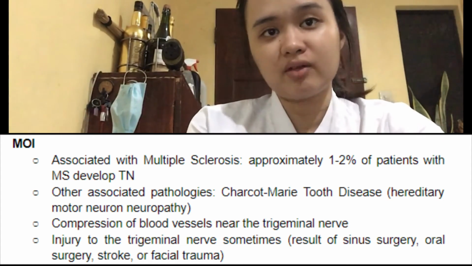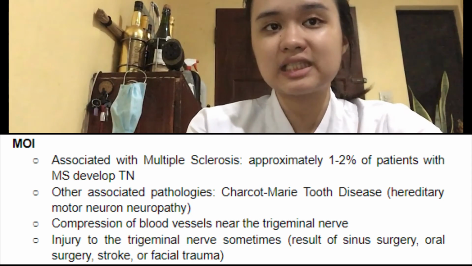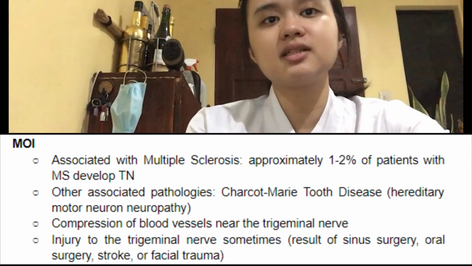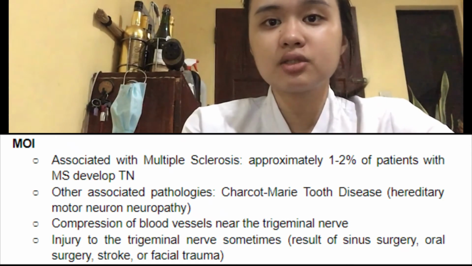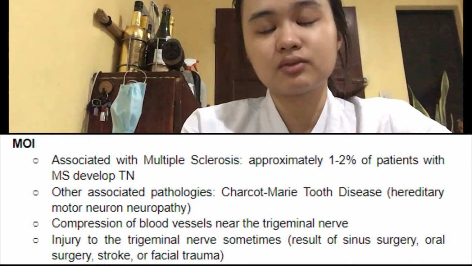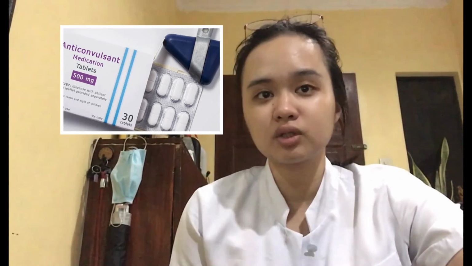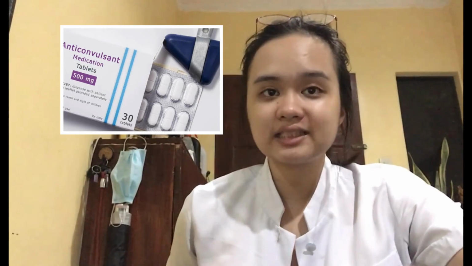Other associated pathologies are Charcot-Marie-Tooth disease, which is a hereditary motor neuron neuropathy, compression of blood vessels near the trigeminal nerve, injury to the trigeminal nerve sometimes as a result of sinus surgery, oral surgery, stroke, or facial trauma. Diagnostic tests involve magnetic resonance imaging, MRI scan. Diagnosis of classical trigeminal neuralgia may be supported by an individual's positive response to a short course of an anti-seizure